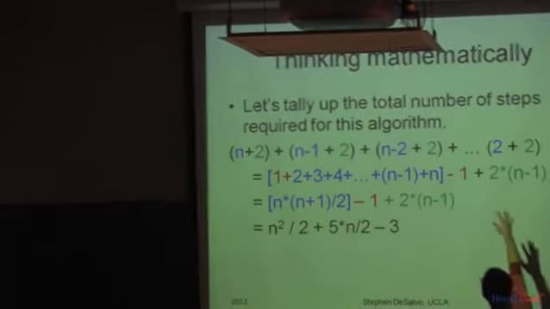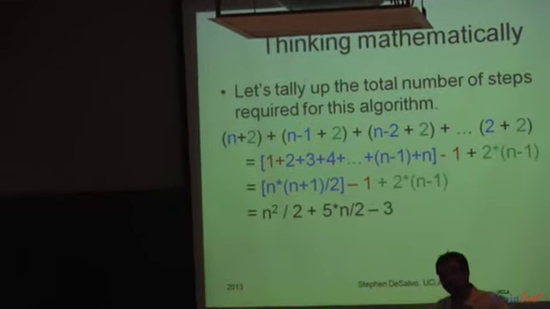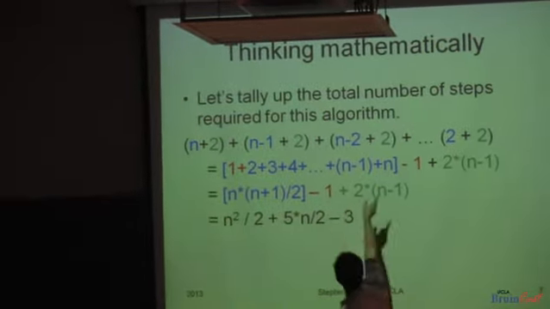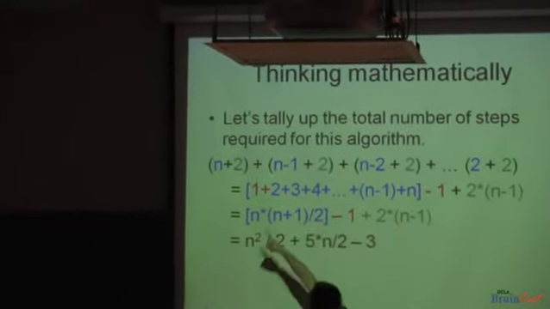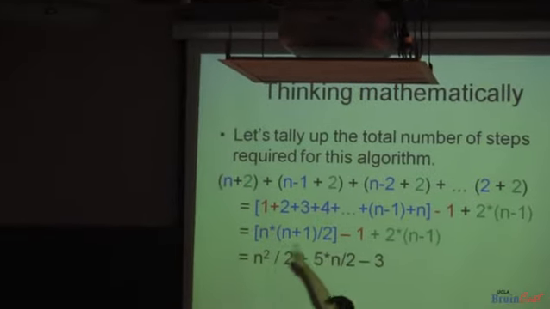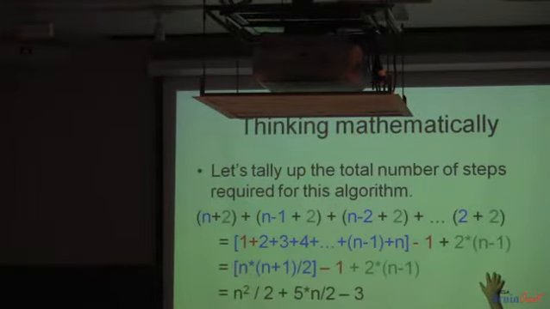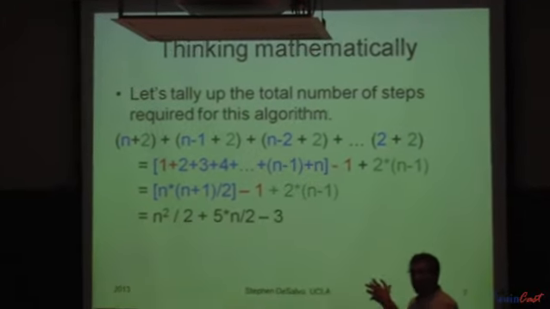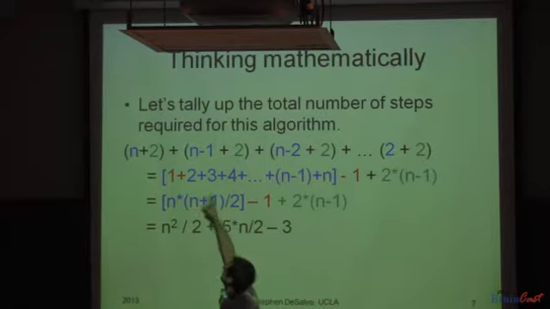But let's just go from that first line to the next line. Don't get too scared. I took all of the blue numbers. Two times n minus 1. So all my green 2's got collected at the end there. And all of my visits are in the dark blue. So I've got the sum of the numbers 2 plus 3 plus 4 plus